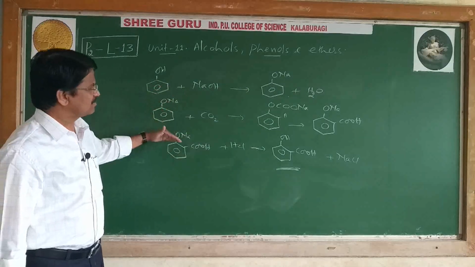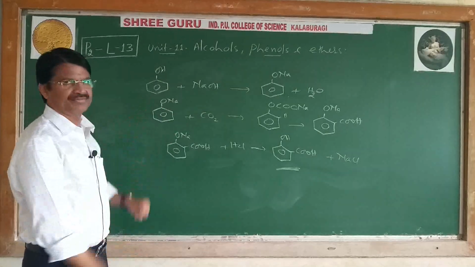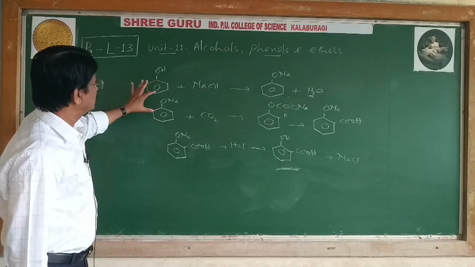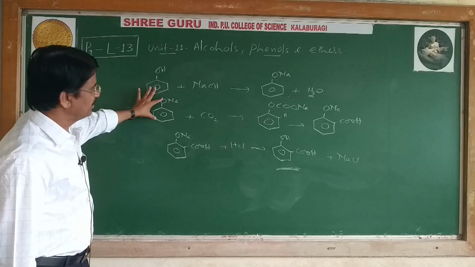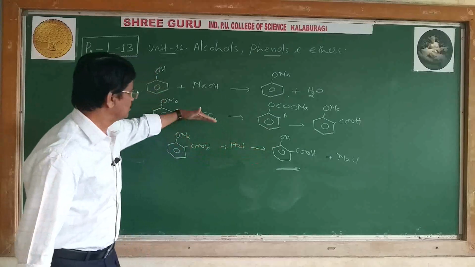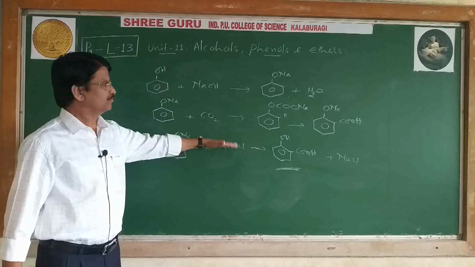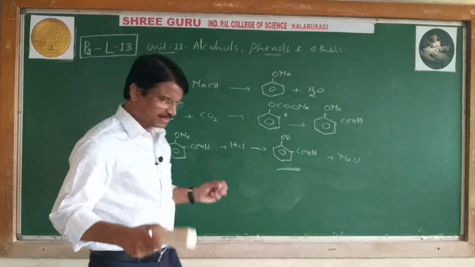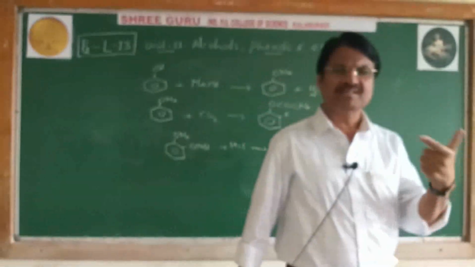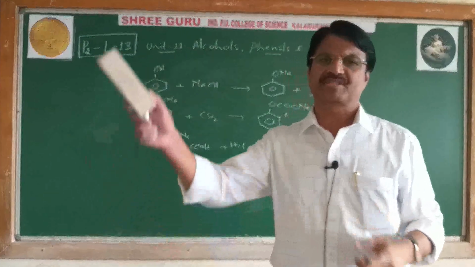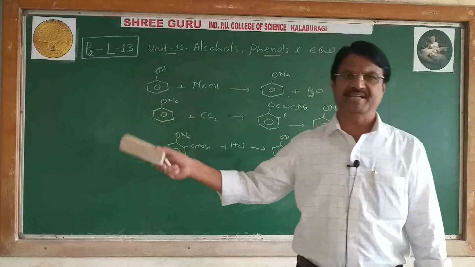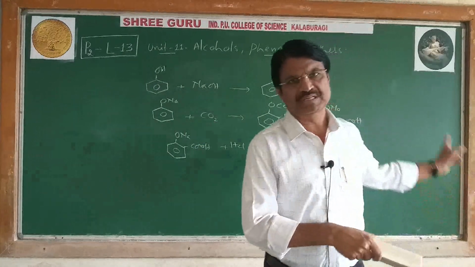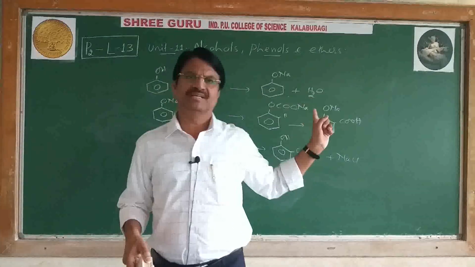Actually, these reactions occur in the RBF, round bottom flask. So I have shown directly sodium phenate into salicylic acid by passing CO2, then acidification. Okay, this type we can also write in the exam, but the important one is the NCERT method, a very simple method. In one line you can write: first phenol reacts with NaOH to form sodium phenate, then pass CO2 gas followed by acidification to give salicylic acid or 2-hydroxy benzoic acid.